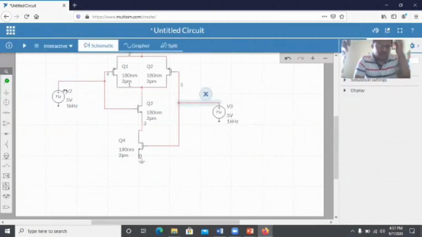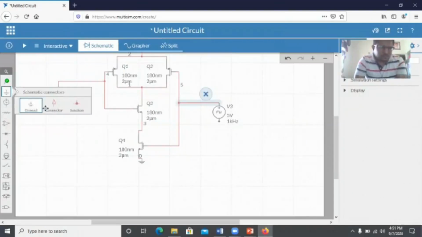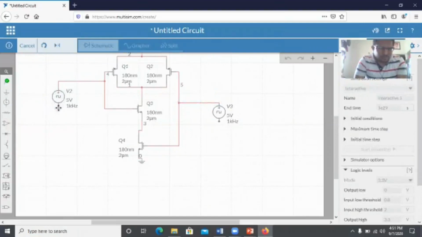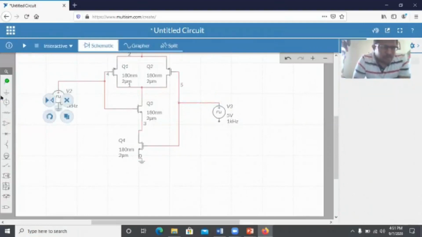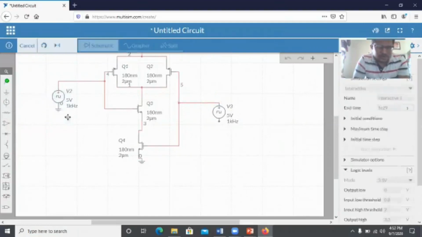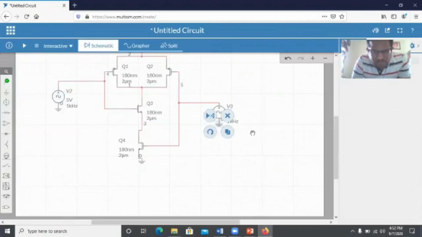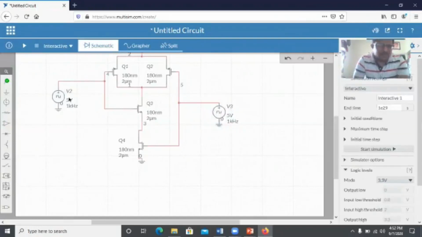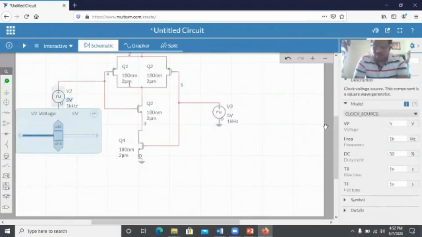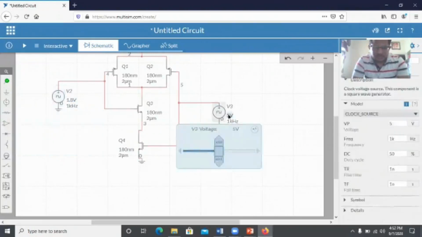Now select ground, copy it, or you can choose another ground. A very important thing here is you have to change 1.8, because for VDD we have chosen 1.8 volt. So here also you give 1.8. This is also 1.8.